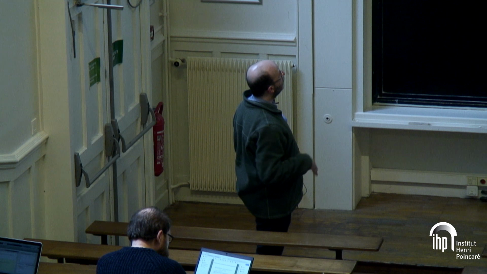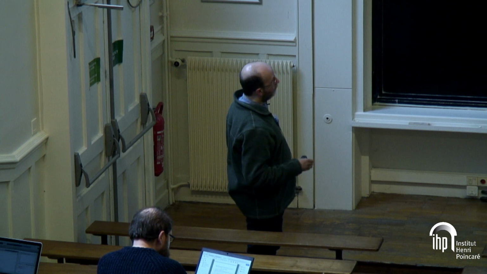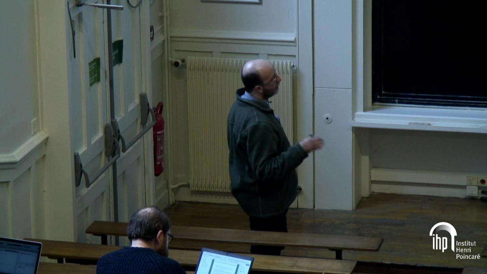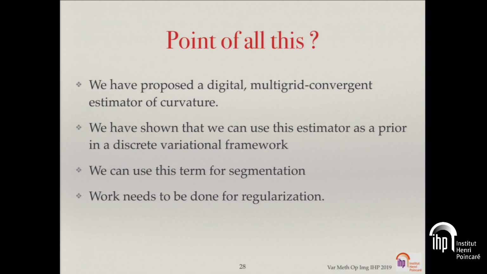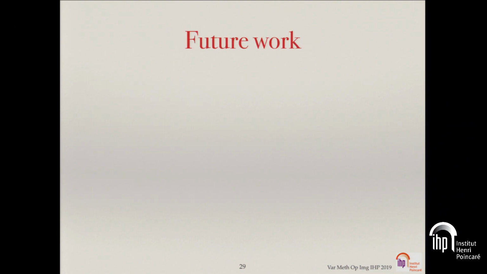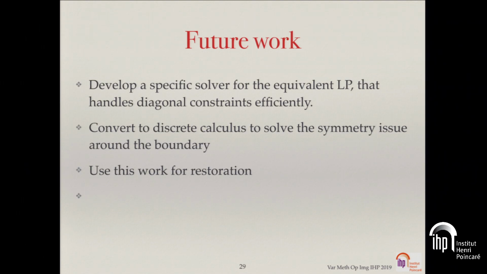So it works very well on pure curvature flow. It works very well when we have a term composed of perimeter and curvature, when the two are relatively well balanced. But there are cases where we don't have a good convergence, not of the estimator, but of the regularization. Okay, so in future work,